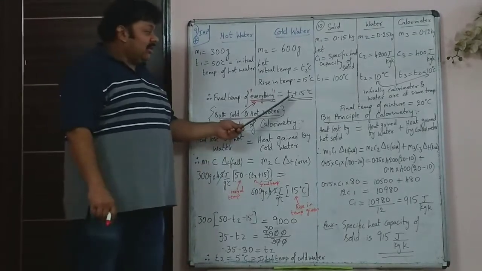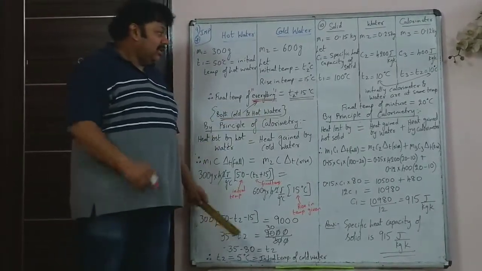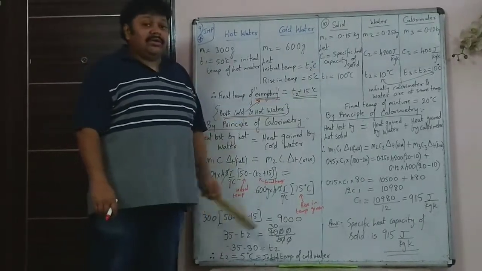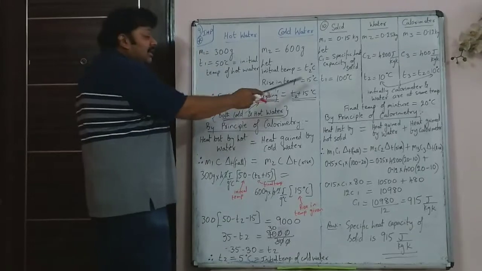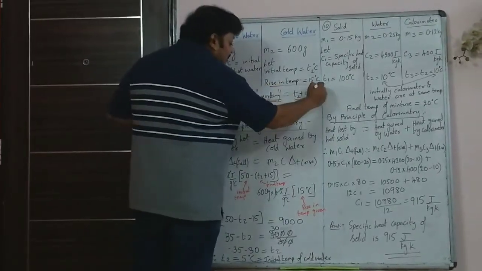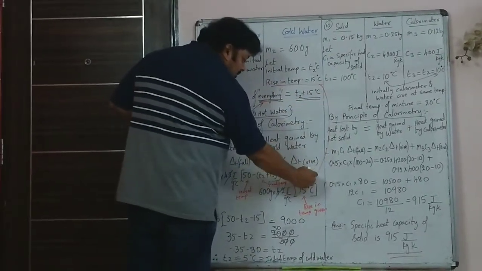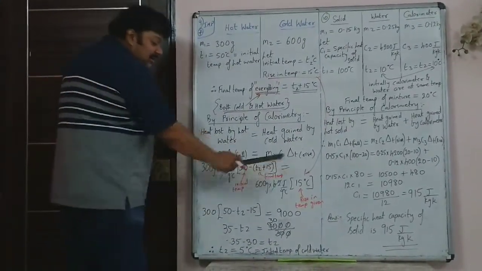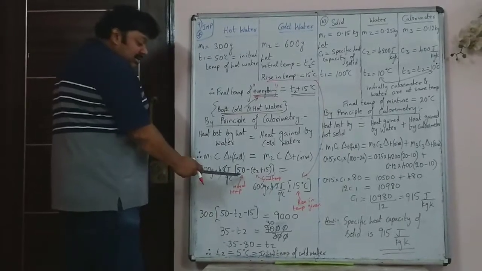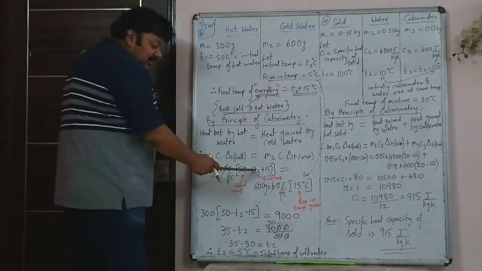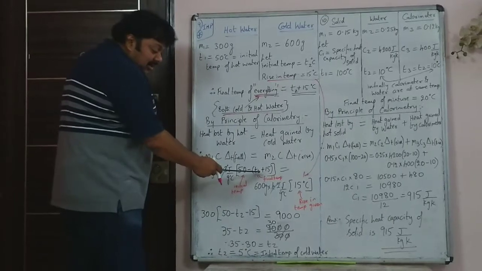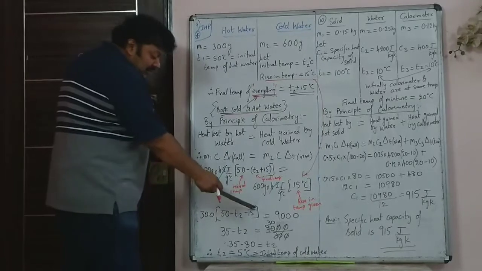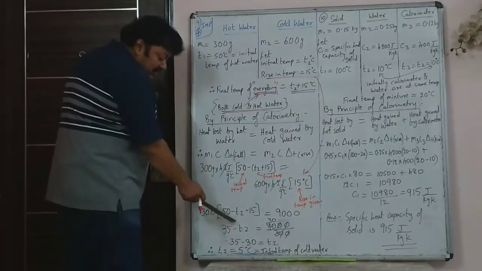So you need not show it as T2 plus 15 minus T2. You need not show final temperature minus initial temperature, because directly here this rise in temperature is given, so you can directly use that. So that 15 degrees Celsius can be directly written, whereas here it is initial minus final. So when you open the bracket, that will become minus T2 minus 15. Both will become minus. So 50 minus 15 will become 35.